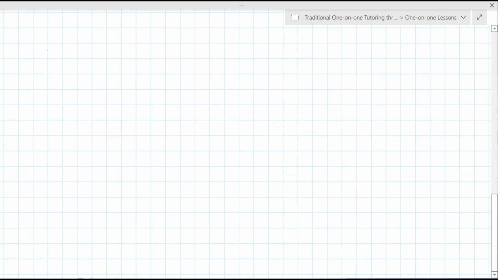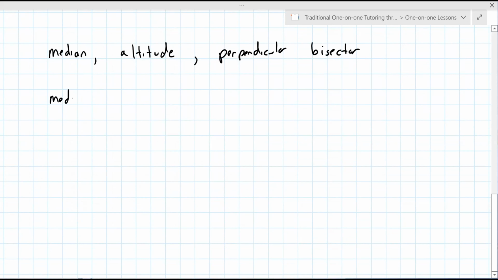Okay, so we're going to talk about three things now. We're going to talk about what is a median, what is an altitude, and what is a perpendicular bisector. Okay, so we're going to start with a median. But before we do that,